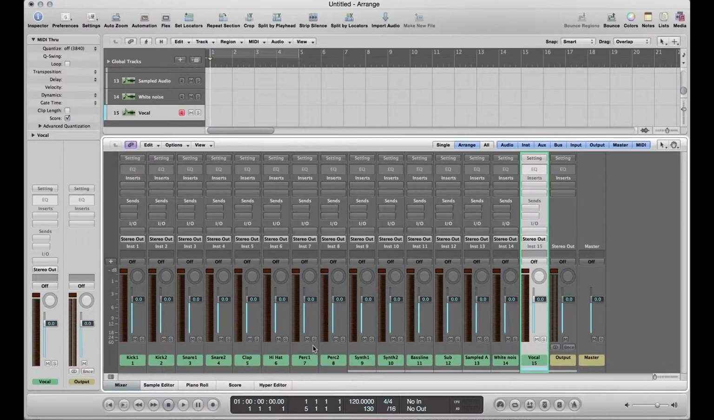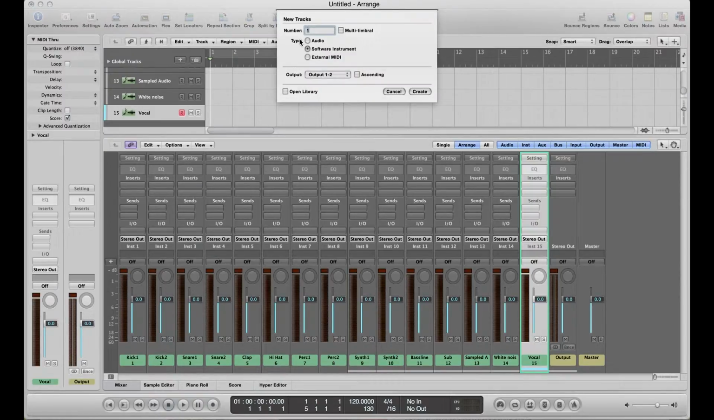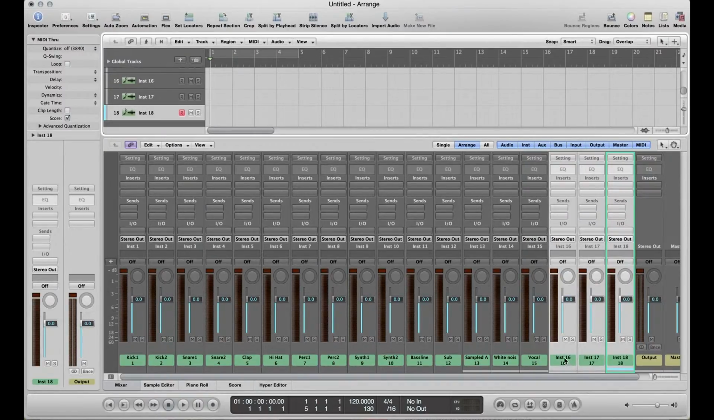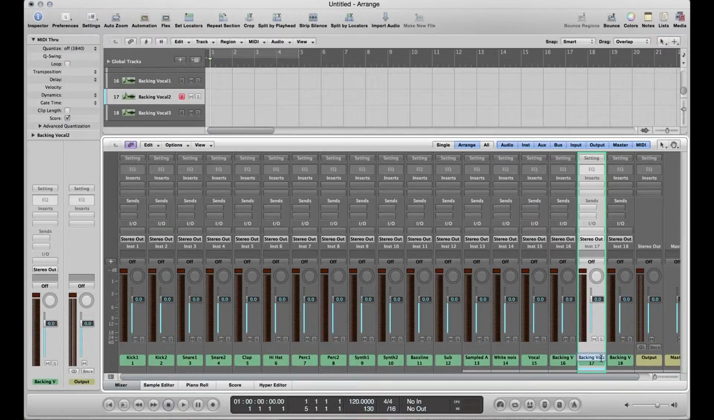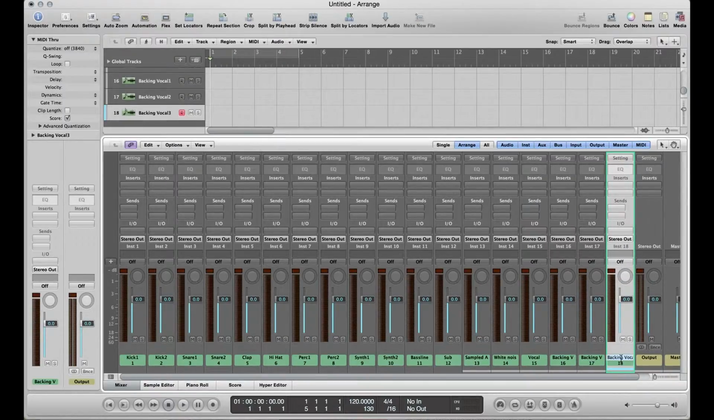Now let's create a couple more actually, 3 more, and we might have backing vocal 1. Oh, I've changed them all. Backing vocal 2, and we might have some ad libs. I don't know. So, for example, this is just a basic